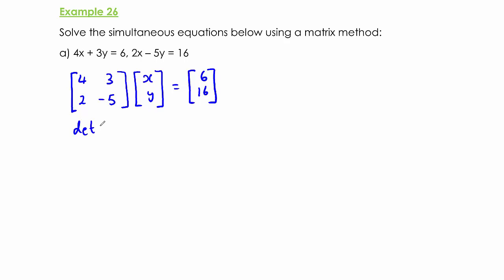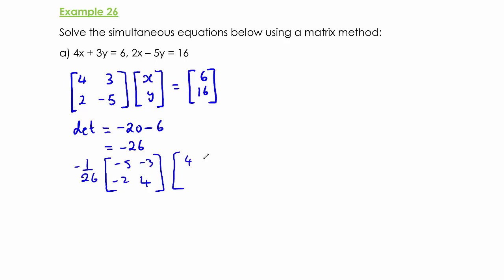So the determinant of this matrix is going to be 4 times negative 5, negative 20, take away 6, so that's negative 26. So the inverse for the matrix would be negative 1 over 26, negative 5, 4 by swapping the leading diagonal, and then negative 2, negative 3. Now what I'm going to do is multiply that by 4, 3, 2, negative 5,